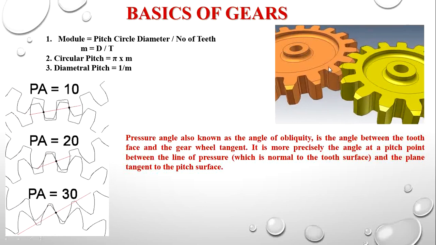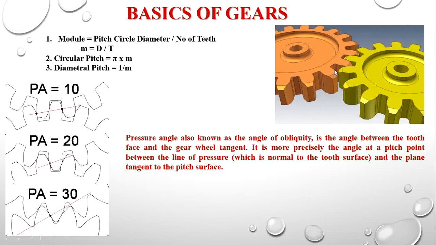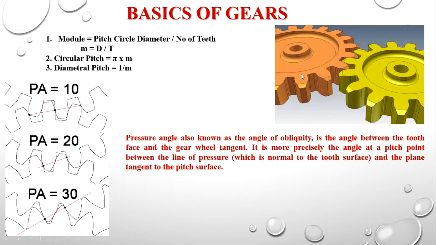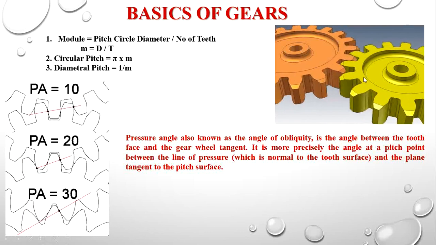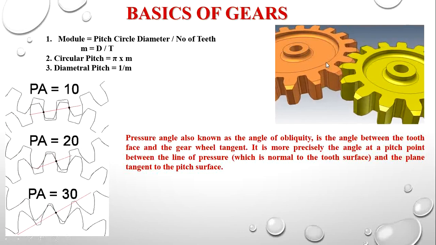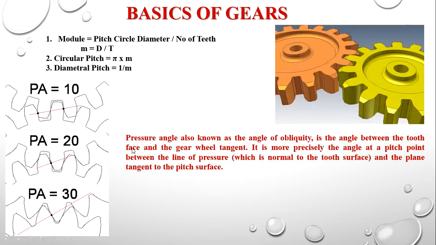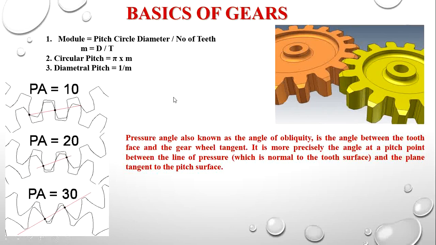Moreover, if any two gears are in mesh, only if the module and pressure angle of the gears are the same is it possible to mesh. For example, if you have a 2 module gear with a 20 degree pressure angle, the mating gear also should have 2 module and 20 degree pressure angle. We cannot mate gears with two different pressure angles, and we cannot mate gears with two different modules. So that's the important concept of a gear.